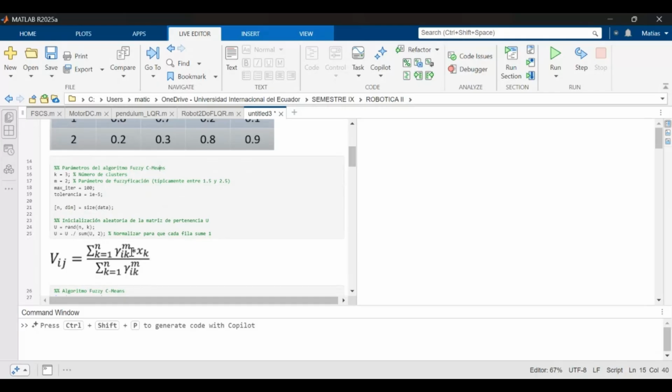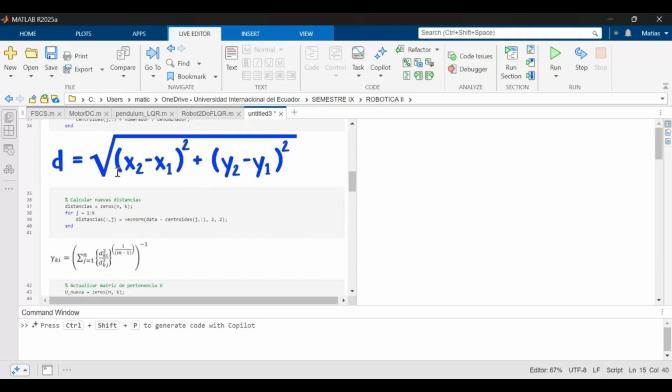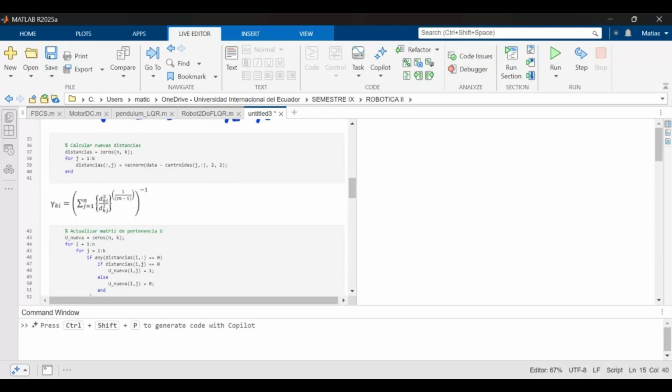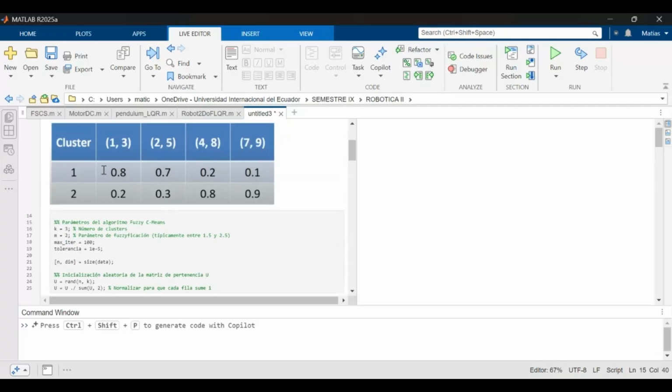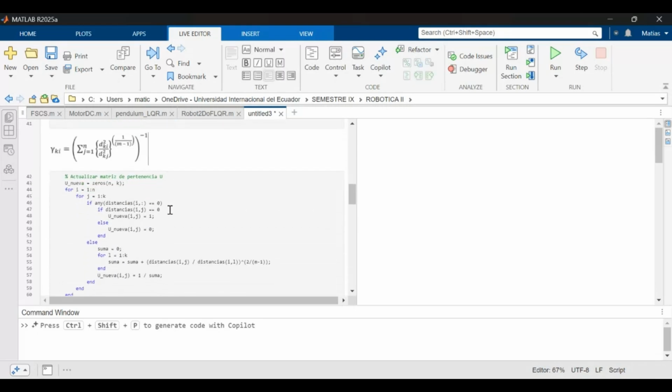The second step is to calculate the centroids of the different clusters. We use this formula, and then we calculate the distance from each point to the different centroids. After this, we update the membership values from our original table. We update using this formula how well organized each point is in the different groups, using the distance as our